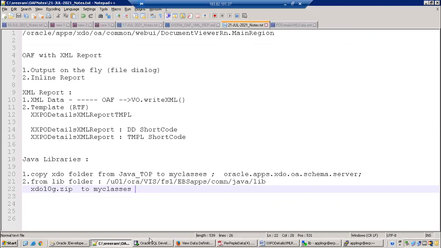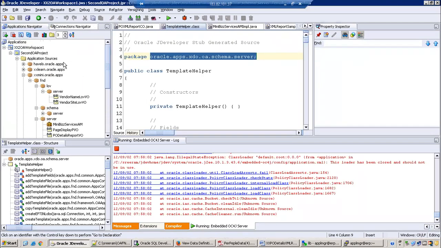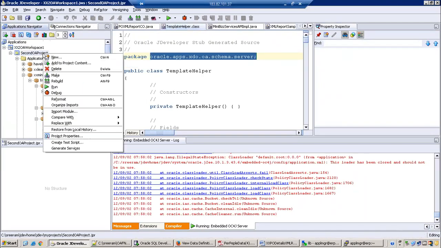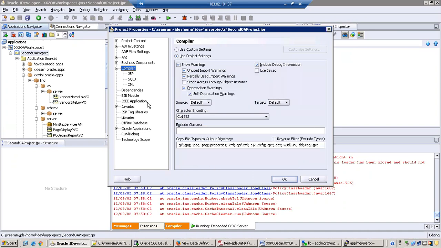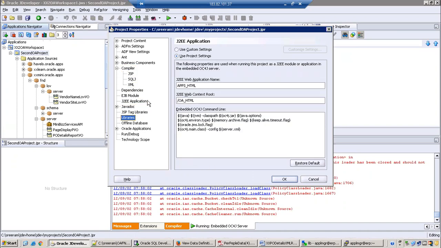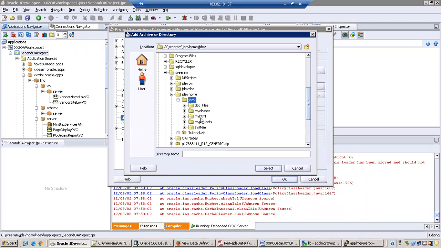After copying this, we need to go to the project properties. On the libraries tab, you just need to click on add jar or directory and select the file which we have.